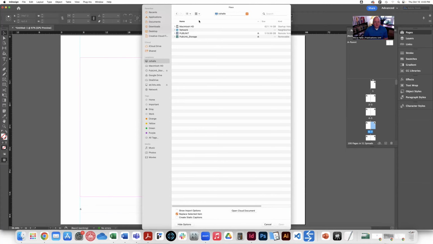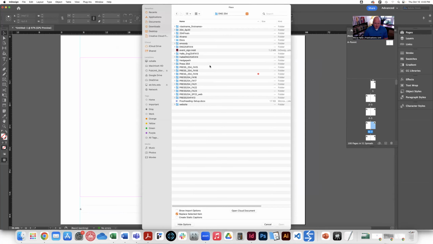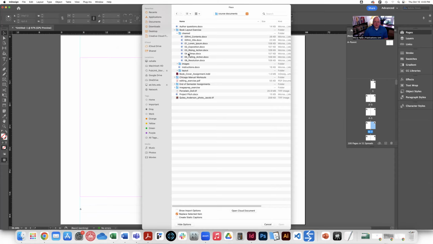InDesign's going to think for a minute, and then I'm going to go over to where I have these documents stored. My unending maze of documents that I create. These will be in my cleaned folder. So you'll see that there are a bunch of different documents in here. You've got your title, your contents, also your first chapter, which is what I want, my 01 chapter,